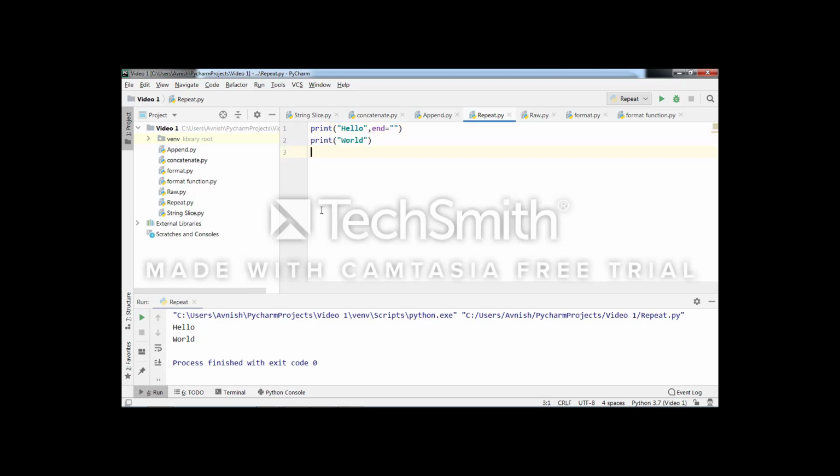Let's try to execute this code. Now see, the output is hello world on one single line, because due to this end argument, your next output is also concatenated to the previous line. Therefore, this output appears in a single line.